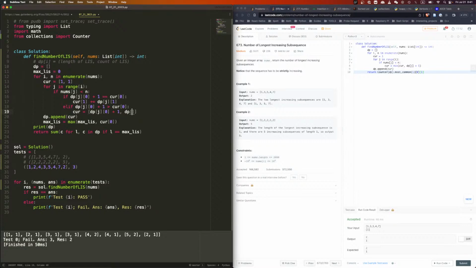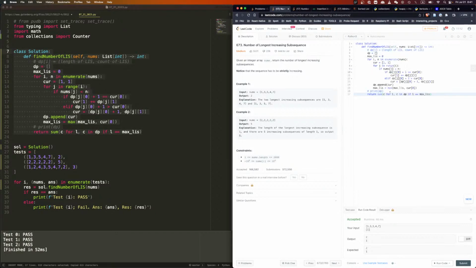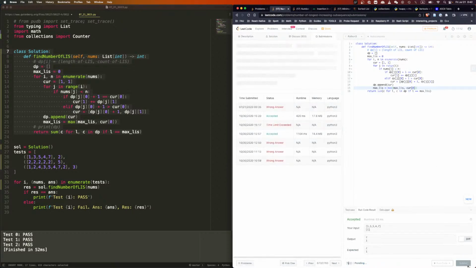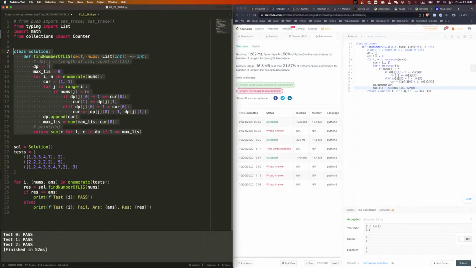So that's also dp j 1. That makes more sense. Okay. Yeah, the original solution was just so stupid. I don't know. I blame it. It's late. All right, let's see if this one passes. It does. It does.